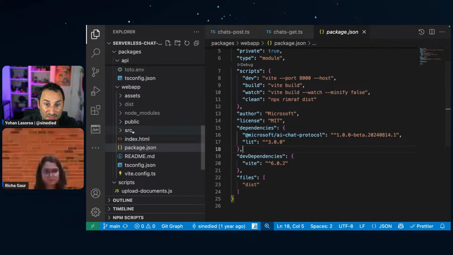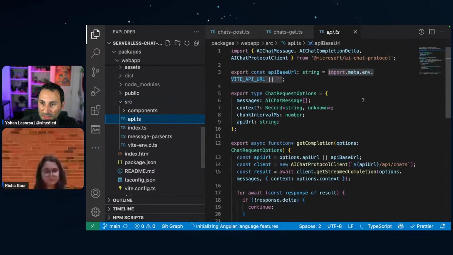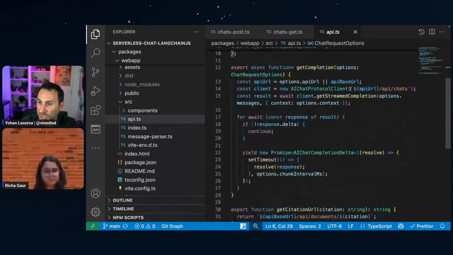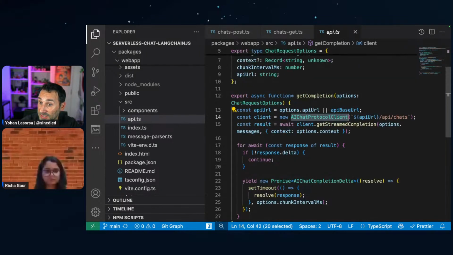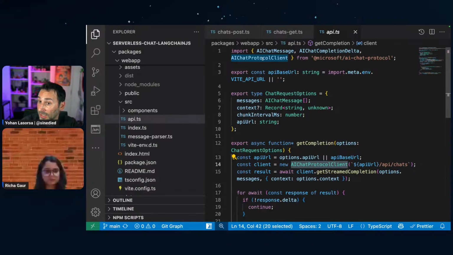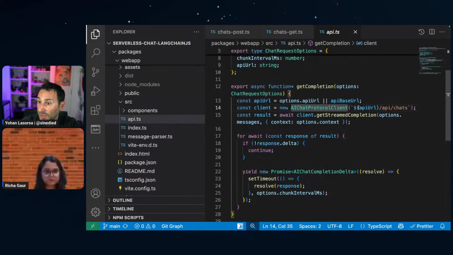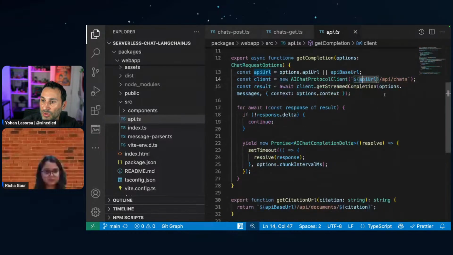So when it's time to do the streaming in the API, I'm showing you how from the front end I'm calling the backend. This is the client protocol from this library. I'm just telling it the API is located at the API URL /API/chat, so where it should call the API. I'm just calling the get stream completion, and basically I will get all the chunks to display from there. So nothing very